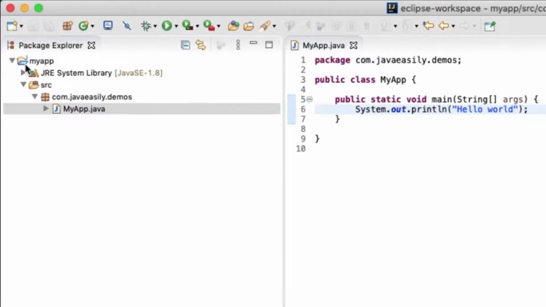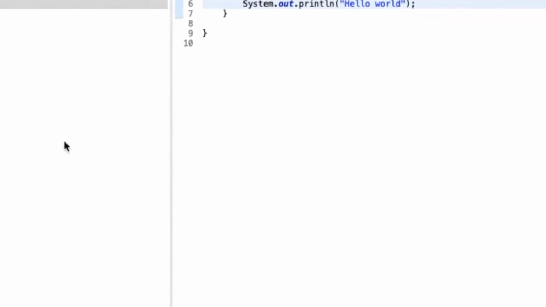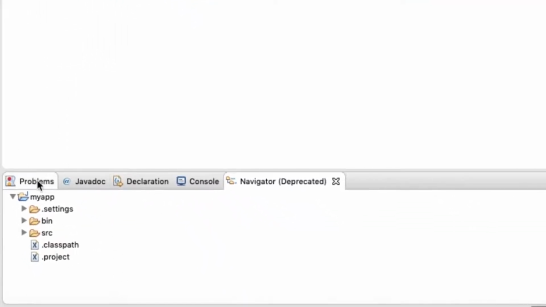It's actually shielding things from us that we don't necessarily need to see on a day-to-day basis, which is kind of good, because then you can just focus on exactly what you need to focus on, which is the actual code and making that work. But you'll see we don't have, for example, the myapp.class file, which we'd expect. It is there, it's just in a separate subdirectory. So if we go down to the Navigator view here, you'll see that this is the actual real project structure with all of the files.